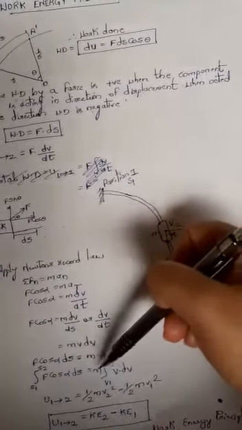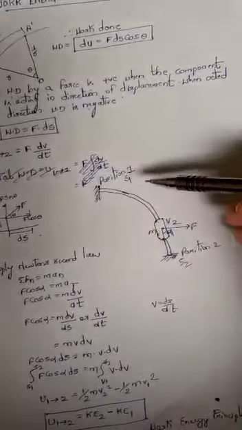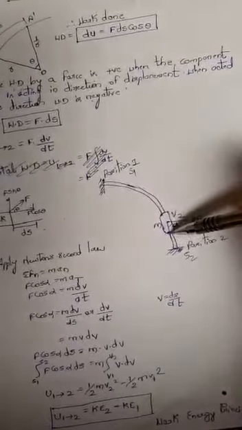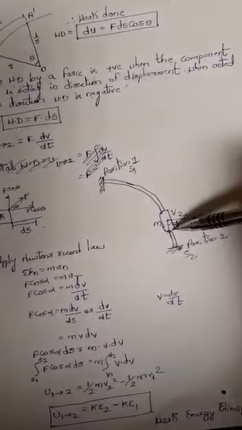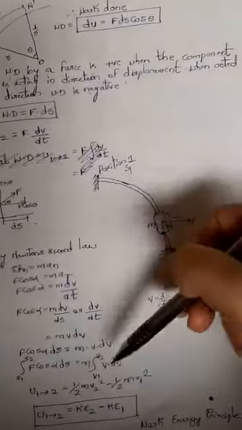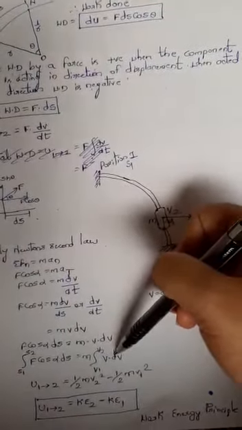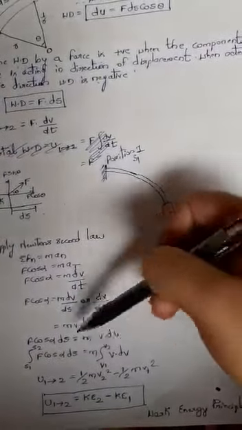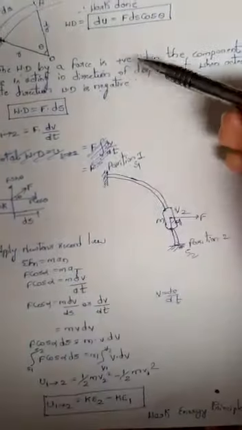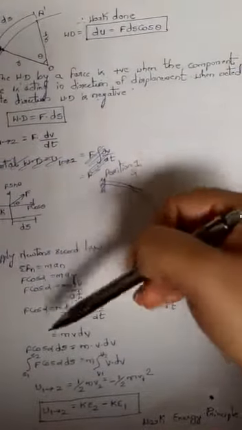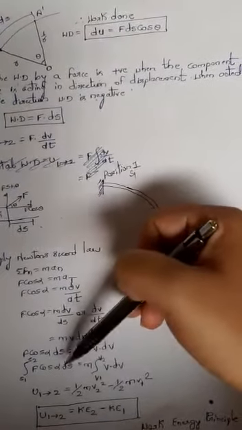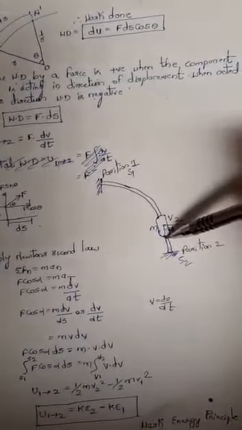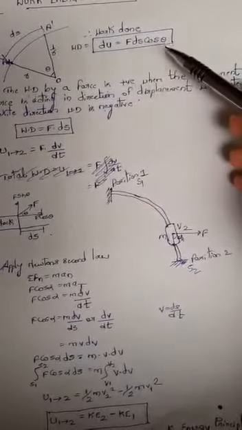And next, mass into the velocity reached by the particle. At position 1 the velocity, let's say, is v1, and the velocity at position 2, let's say, is v2. By applying the integration here, what I will get is half m v2 square minus half m v1 square. And what is this? This is nothing but this value you can see here. That is nothing but total work done for the displacement of the particle from position 1 to position 2, as we have defined before.